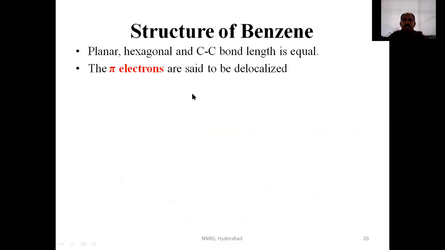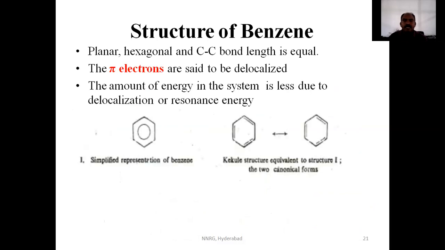The pi electrons are delocalized, meaning the electrons are shifting from one carbon to the other carbon to form an electron cloud. Because of that, the energy of the system is reduced. That amount of energy which is reduced is nothing but delocalization energy or resonance energy. So the structure of benzene can be shown in a simplified representation like this: a hexagonal structure with a ring in